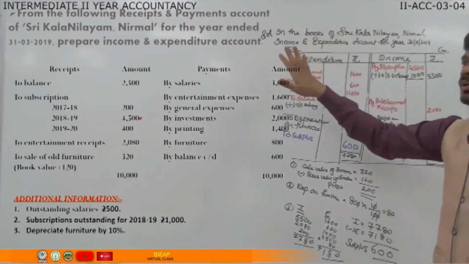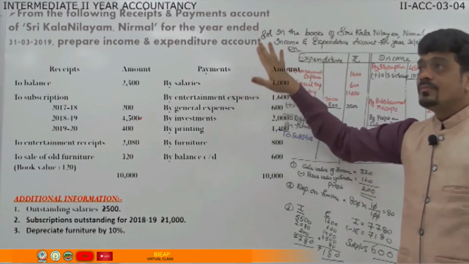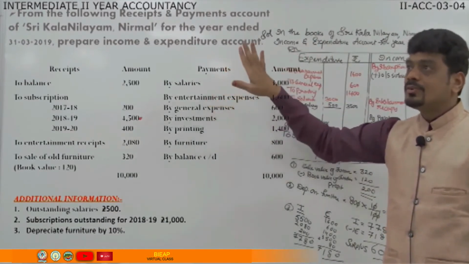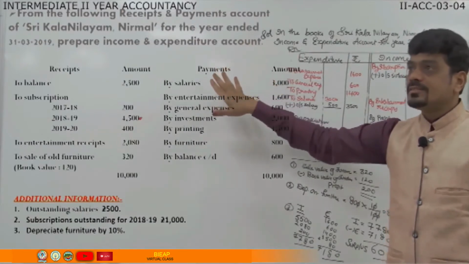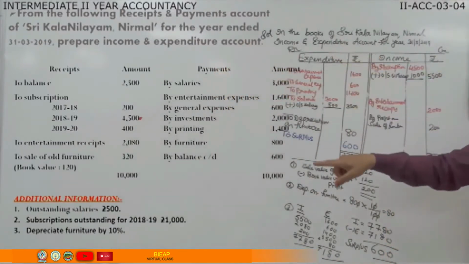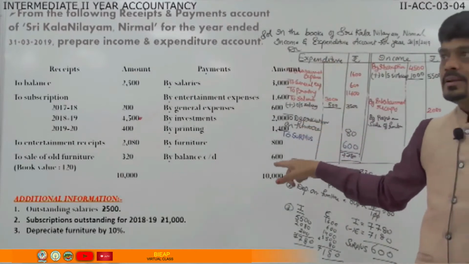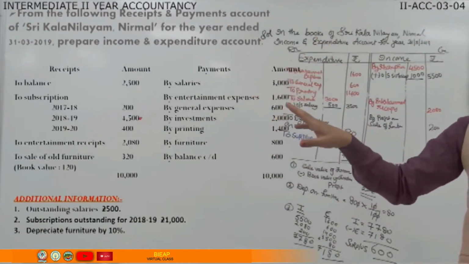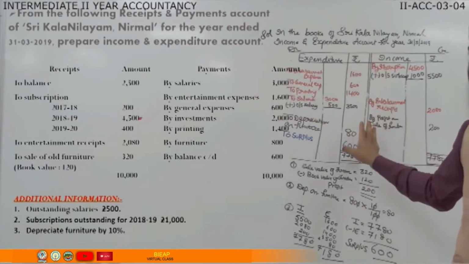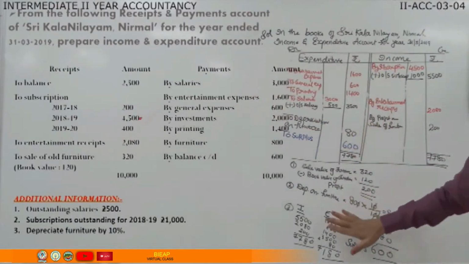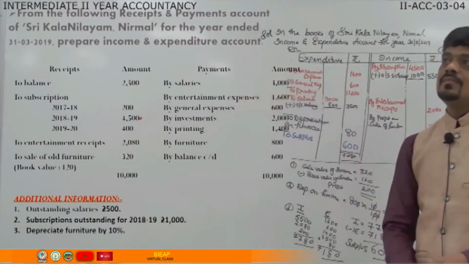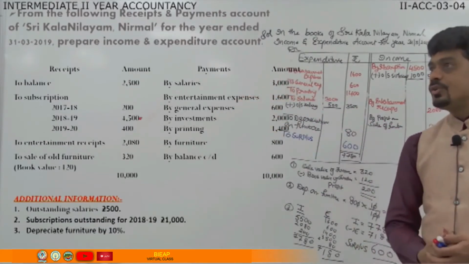First, understanding the question is important. Which year we are doing is important. Current year, you have to be in a position to analyze it. Then identify the receipts, identify the payments. Start always posting from receipt side and end with the payment side. This is the solution for your question which I have given. Now we'll see the next question.